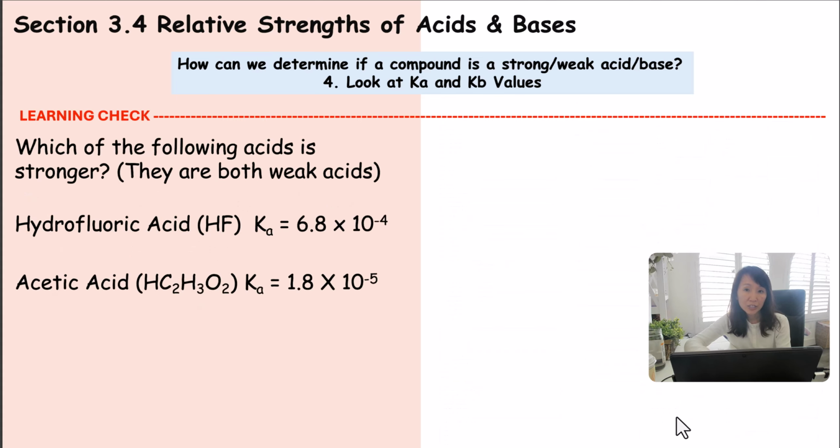Here, let's do a learning check based on this Ka value. Which of the following acids is stronger? They're both weak acids, but which one is stronger? And I'm not saying that this is a strong one, but which one is the stronger one. You'll notice that the Ka value for hydrofluoric acid is greater, not just because of the 6.8, but because it's 10 to the negative 4. That's less decimal compared to acetic acid. So we know that this one is the